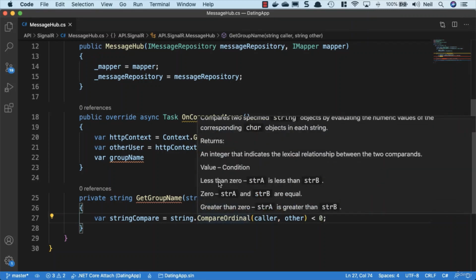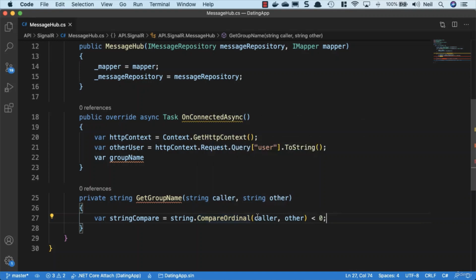us a value less than 0 if string A is less than string B, 0 if string A and string B are equal, or greater than 0 if string A is greater than string B. So we're just going to check to see if the caller, string A, is less than string B, the other. And what we'll do is we'll just return a ternary here, and we'll say return stringCompare, and then